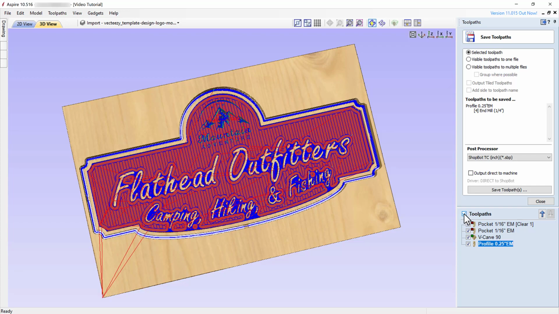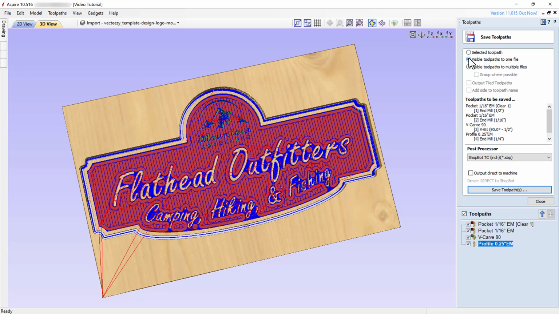Giving each tool a separate tool number is critical if we plan to save all of our toolpaths to a single file. In this way, when the CNC software comes to the next toolpath to carve, it typically prompts the user to switch tools.